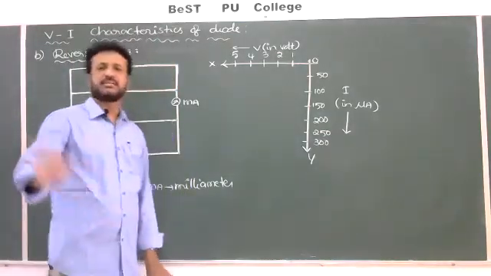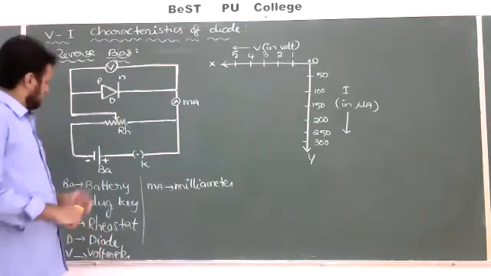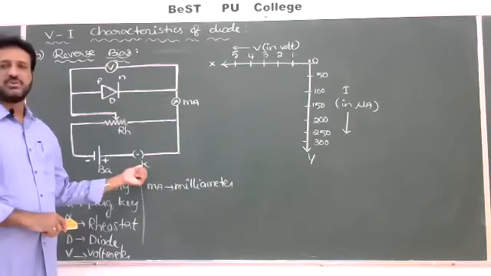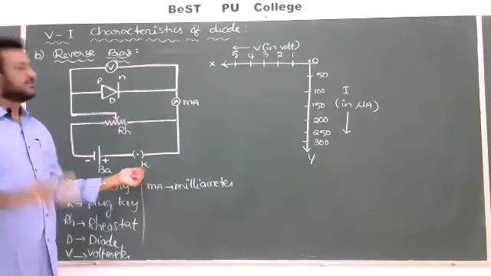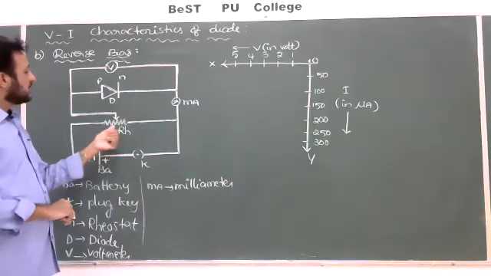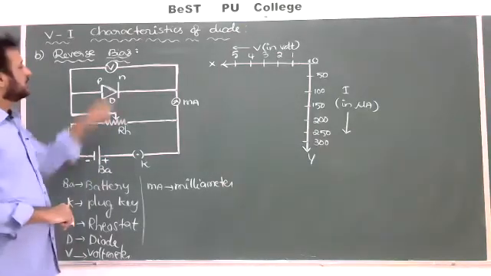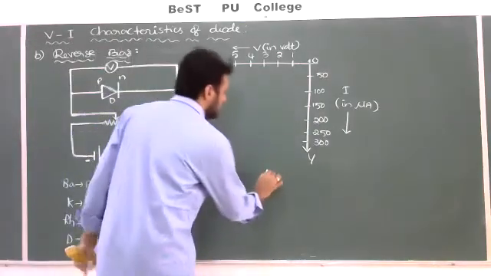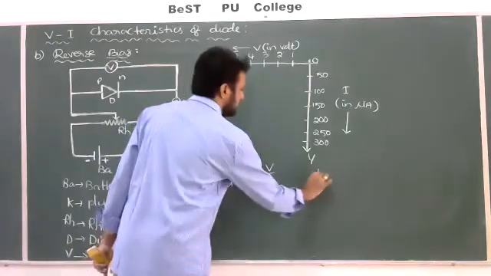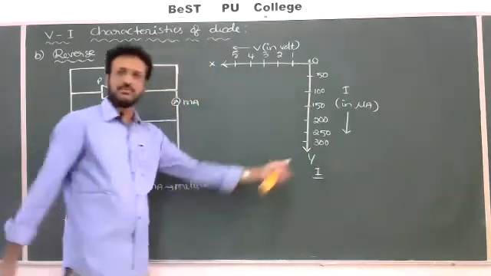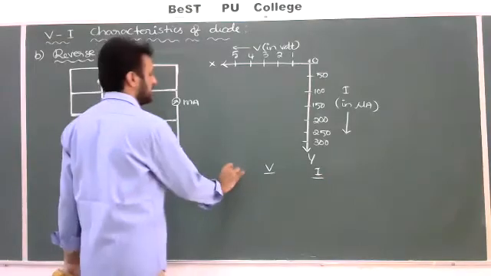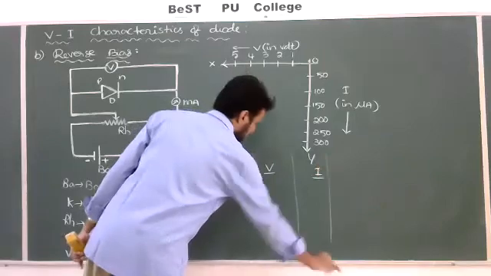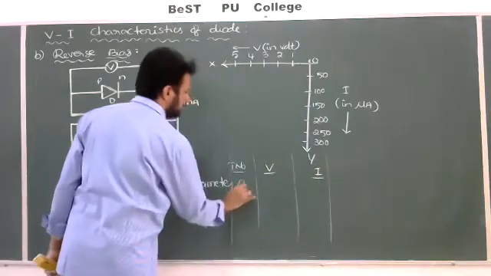Once the circuit is completed, what do we have to do? We have to switch on the battery. Once you switch on the battery, the plug key is also closed. Then current will be allowed. First, by adjusting the rheostat, I will set the voltmeter reading equal to 0. So no current will be allowed. So I'll take here the voltmeter, it is the applied voltage. This will be the current. And here you should take the trial number. These are rough readings only, so don't write these values.